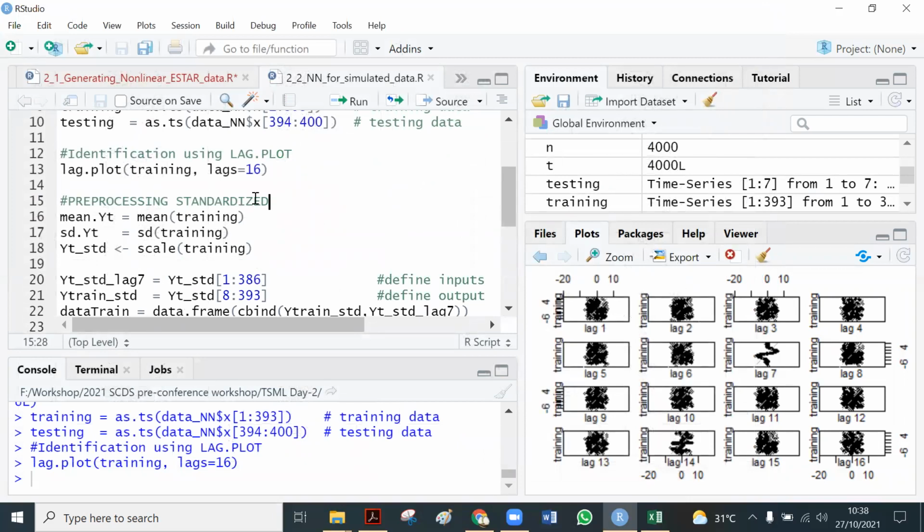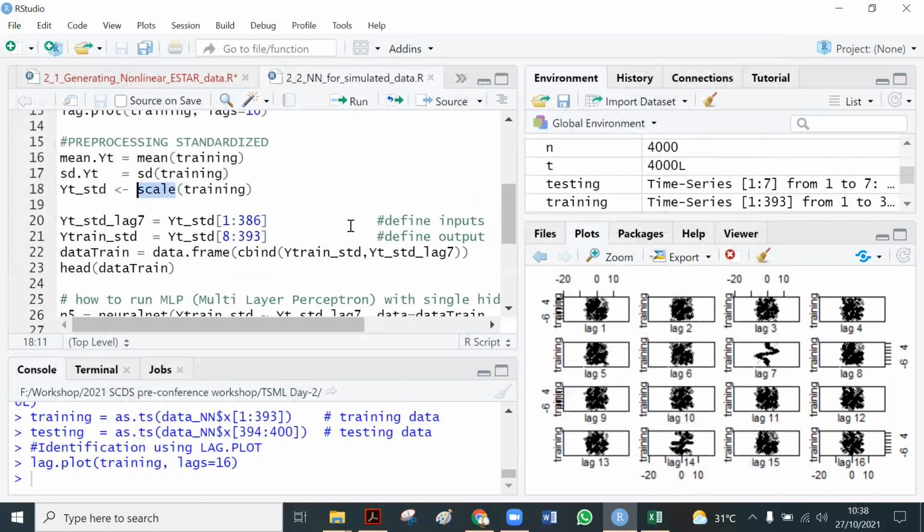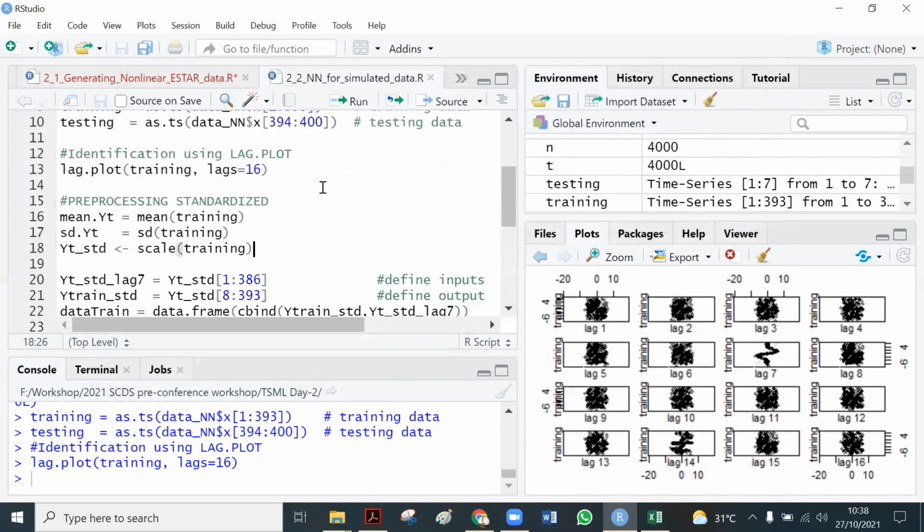Okay, this is the pre-processing procedure. We compute the mean, we compute the standard deviation, and then we scale. What kind of pre-processing does scale do?